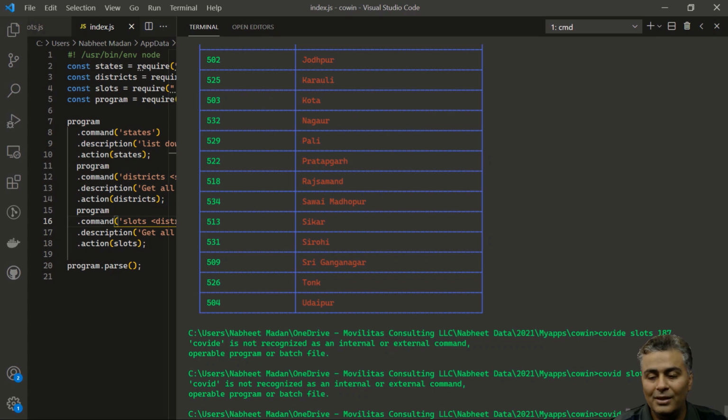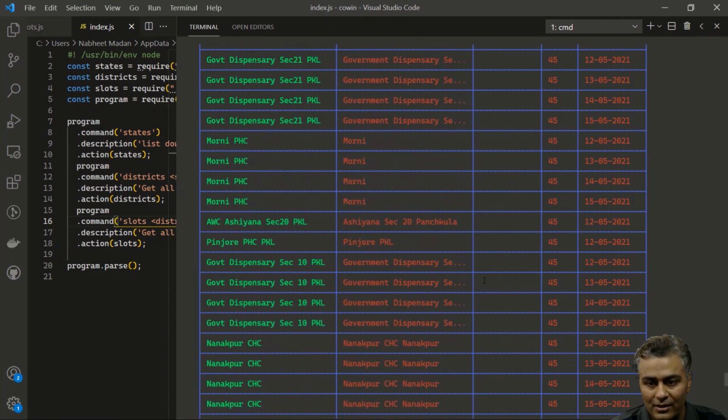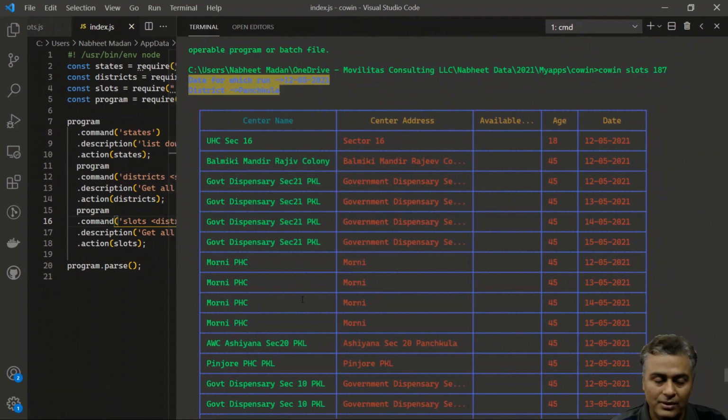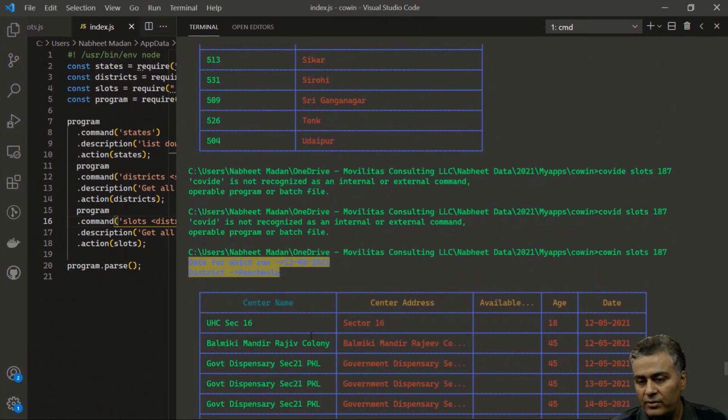Oh, I should have named it actually COVID. Anyways, so you can see these are slots. There are unfortunately none available, and we are also getting a good header. Now, important thing, one more advancement which we want to make right now is that once I run for slots,